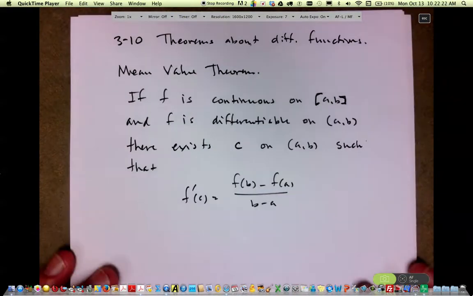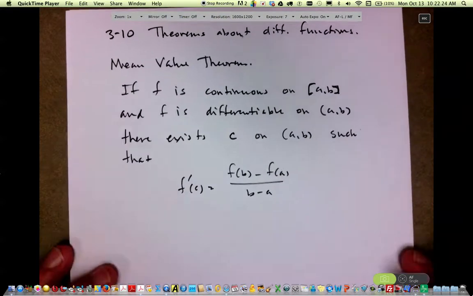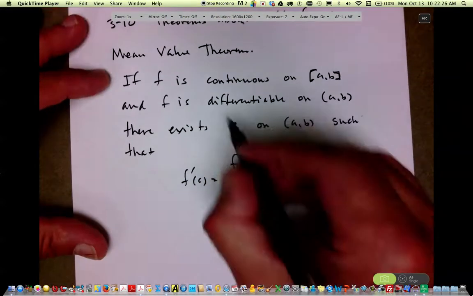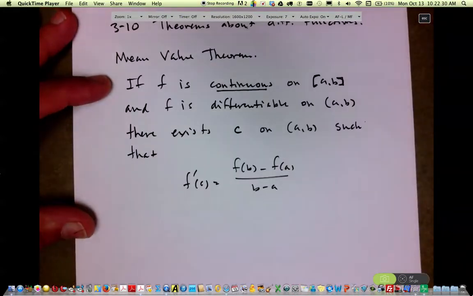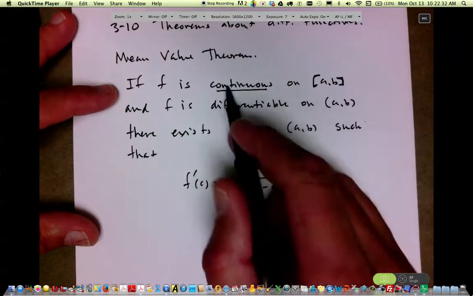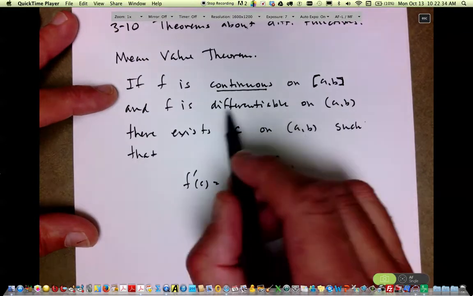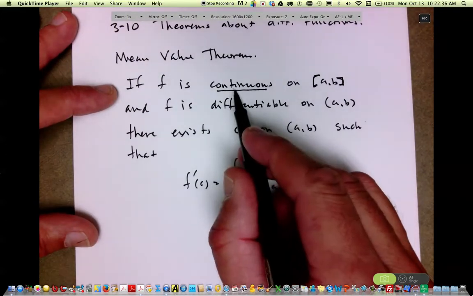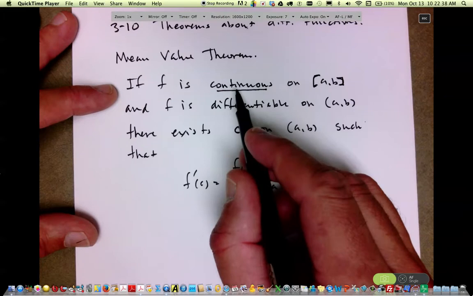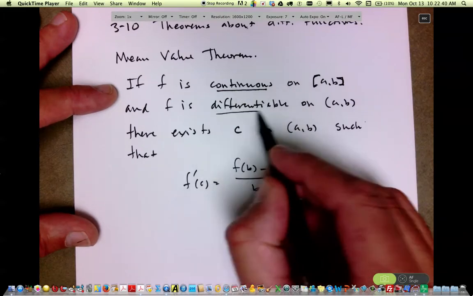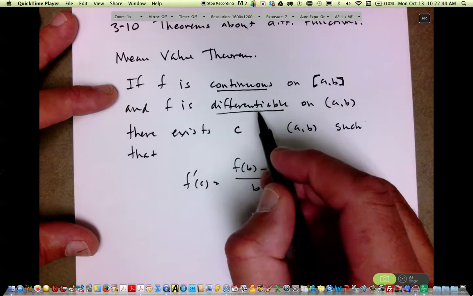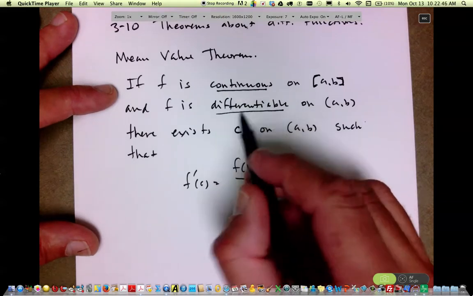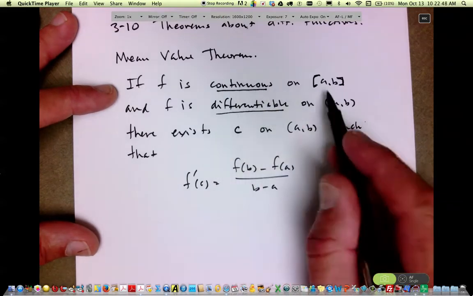All right, now this is what the theorem is saying in pictures. We've got a function that is continuous, right? And the hypothesis on this one is the continuous and differentiable function. Continuous, remember, means there are no holes, no jumps, no asymptotes. And differentiable means it's a smooth function that doesn't have any sharp corners. Okay, so this is going to be a nice, smooth, continuous function over an interval from a